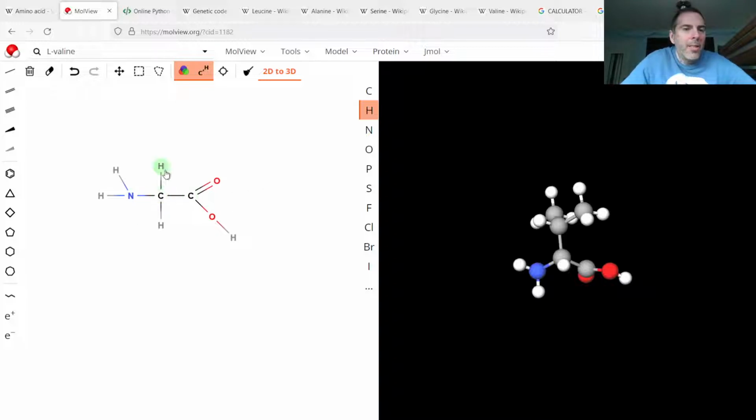Glycine with just a hydrogen side chain. And since it's symmetric, the left-handed and right-handed glycines are the same molecule. Then you have alanine if you were to add a methyl group. Let me just stick with the hydrocarbon side chains, hydrophobic molecules to start with.